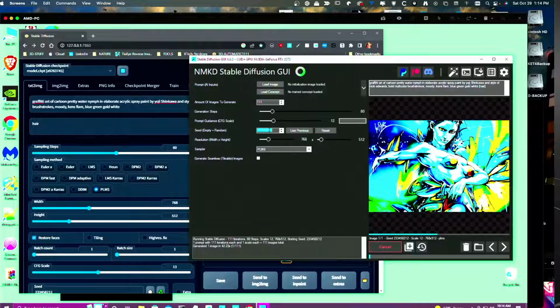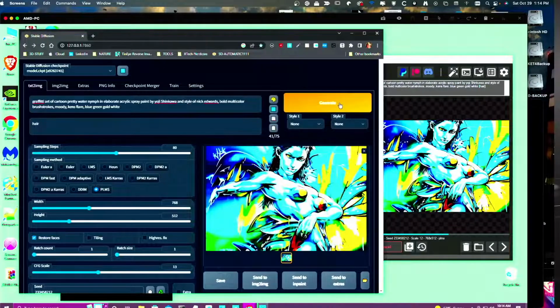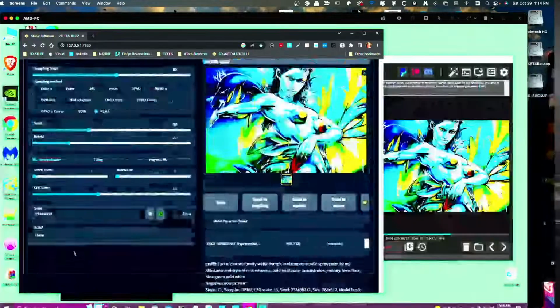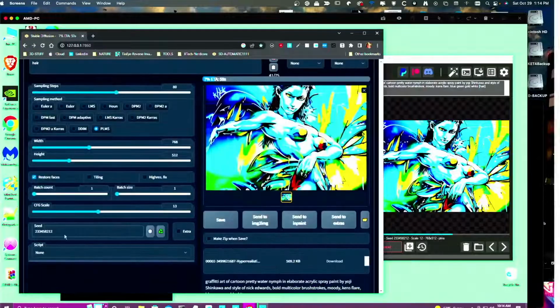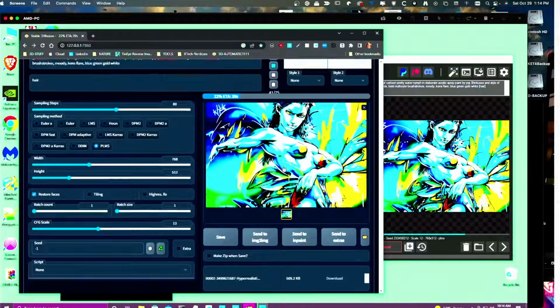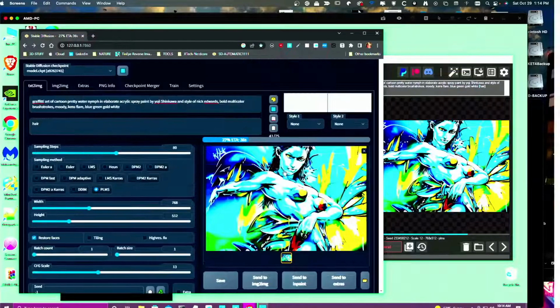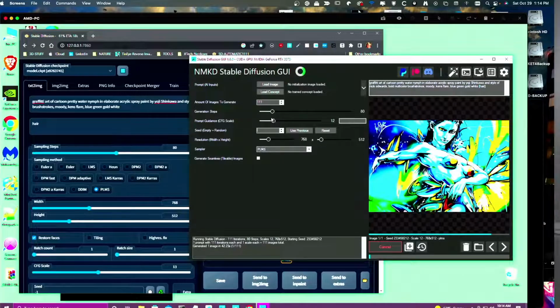Let's take the seed out. We'll generate that and see what this one does, and then we'll take the seed out of this one, bring it back to, you do -1 for a regular random seed. And so that's going to generate that. And again, we've got one example of just one thing that you can change right off the get-go that's going to dramatically change your